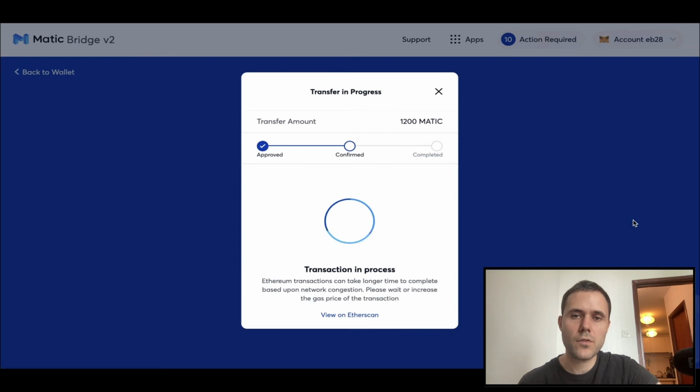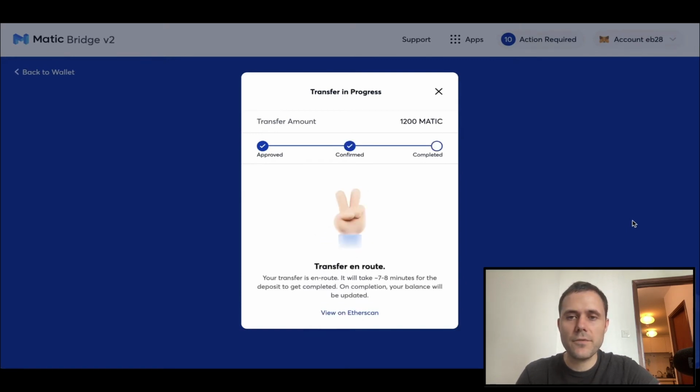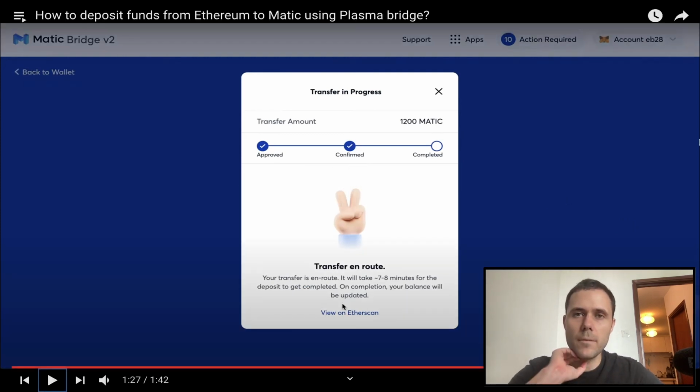So what you would first have to do is you would first have to approve your signature for the wallet, and I believe that would cost you an Ethereum transaction. And then you will have to confirm the bridging, which will also cost you an Ethereum transaction. So once you've done that once and you've got your funds in Polygon, then that's it. You won't have to pay any more Ethereum transactions, but you will have to pay 2 on the way. So even a $30 fee, I mean, that is going to be quite a lot compared to using the method that I've showed you before, depending on how much you go with.